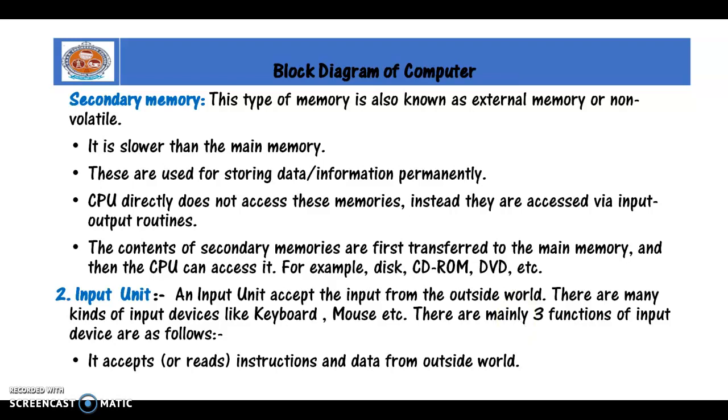One thing is it will read the information. The information may be read in the form of instructions or data. Then what is the difference between instructions and data? Suppose I'm working with my Word file, and if I want to save, I press Control S. If I want to copy, Control C. If I want to paste, Control V. These are the instructions I give to the computer to perform some specific task. Or else, by use of the mouse, I can go to the menu bar and choose copy. So this is known as an instruction.